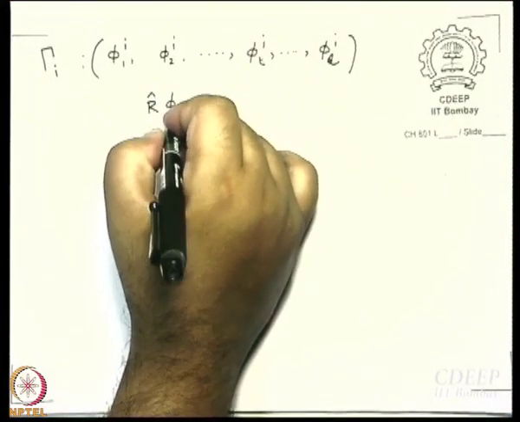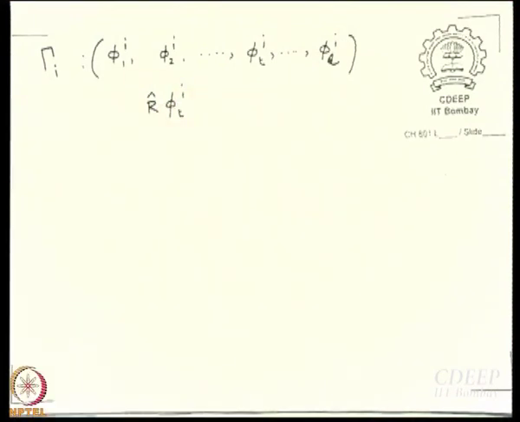What happens when I perform a symmetry operation on any one of these functions? I will take the general one, phi t i, and make a symmetry operation operate on it. What should you get? When are you going to get plus or minus phi t i? When the representation is one dimensional, right? Or in some special case where it turns out by some accident that out of the L functions one is by itself, but that is not going to happen, at least not for all the symmetry operations. For one symmetry operation it may be possible. So what would then be the most general expression? It would be a linear combination, exactly.